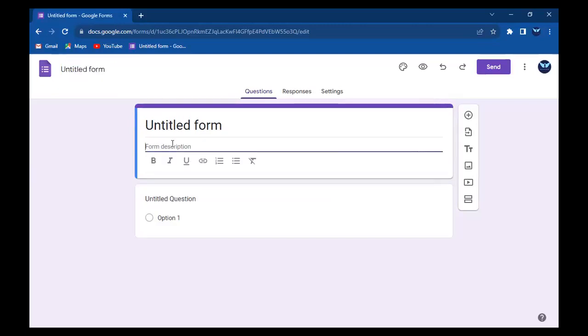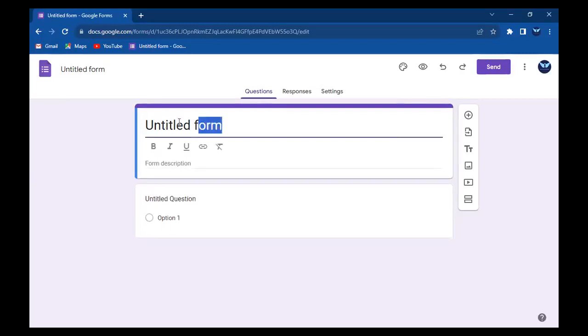The second part here is the form description. The form description is actually a text description of the page you are designing. You may not enter anything there, but it is important and it is compulsory. You must enter something here. This cannot be left empty. As a matter of fact, this part of the form is